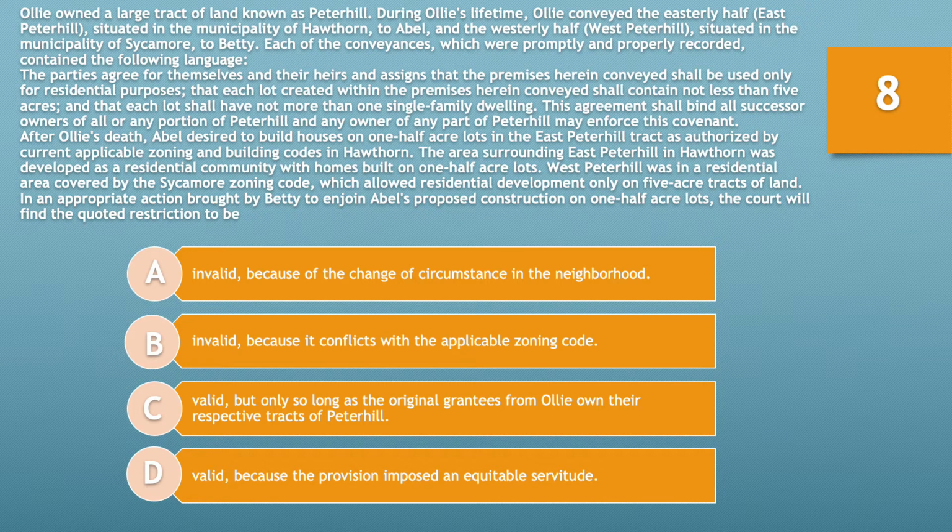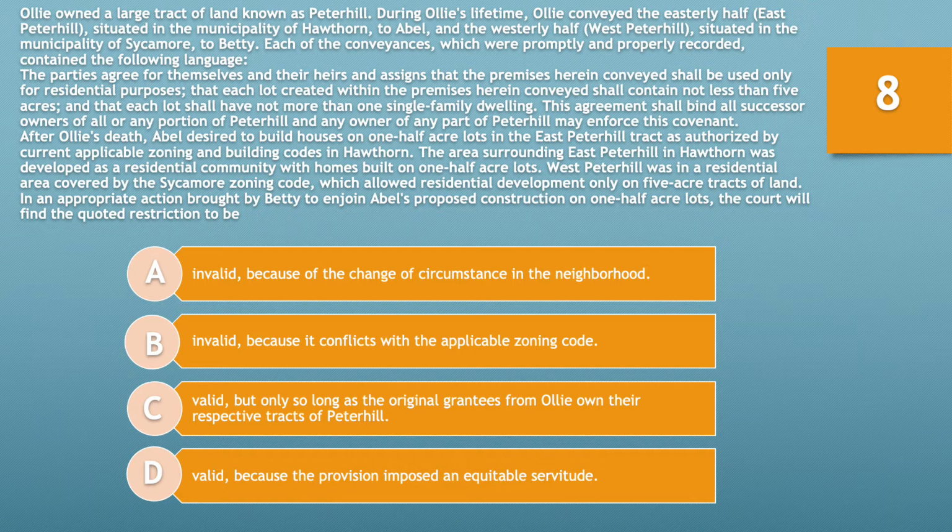The area surrounding East Peter Hill in Hawthorne was developed as a residential community with homes built on 1/2 acre lots. West Peter Hill was in a residential area covered by the Sycamore zoning code, which allowed residential development only on 5 acre tracts of land. In an appropriate action brought by Betty to enjoin Abel's proposed construction on 1/2 acre lots, the court will find